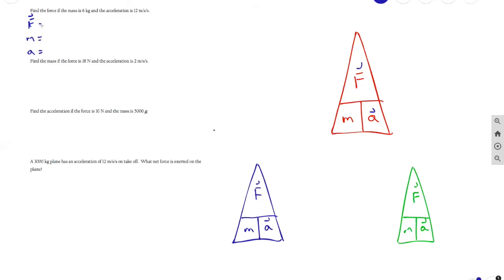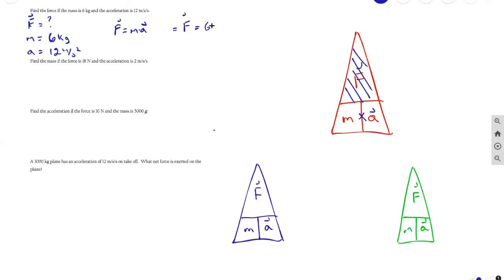So it says find the force if the mass is 6 kilograms and the acceleration is 12 meters per second squared. We can see here that they give us the force, so that is what we cross out, and we see that the equation for force is F equals ma. And it is ma because it is right next to each other, and that ma means multiplication, okay? So I'm going to multiply F equals